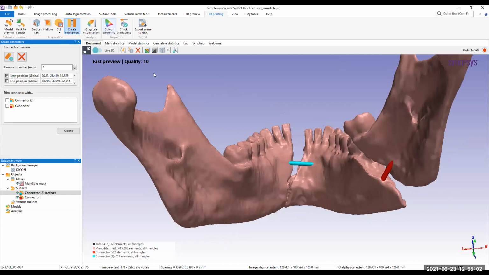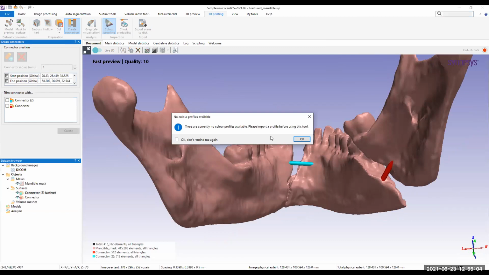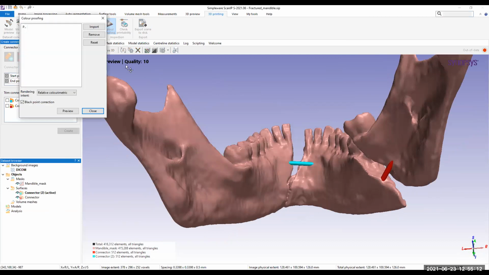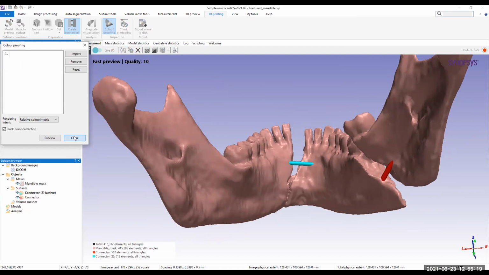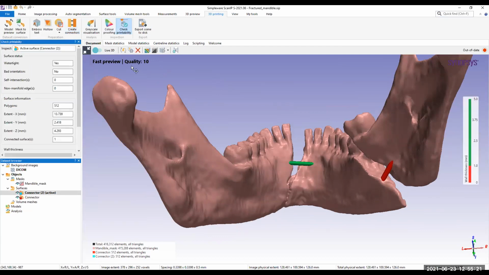We can color proof, we can check the color profiles. Currently I don't have it available because I don't have a 3D printer connected here. If a 3D printer was connected, I could have color proofed it for that specific 3D printer, and I could also check the printability of the model.